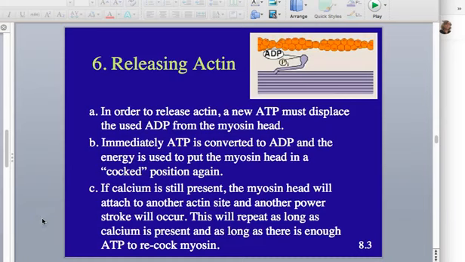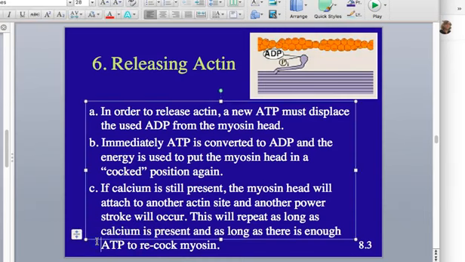But then, if you have energy present, it's going to pop onto this myosin and cause myosin to release. As soon as myosin releases, if troponin is still holding tropomyosin so the active sites are open, myosin's just going to grab another one. And you get more and more contraction. Awesome. So this is going to keep repeating as long as calcium is present